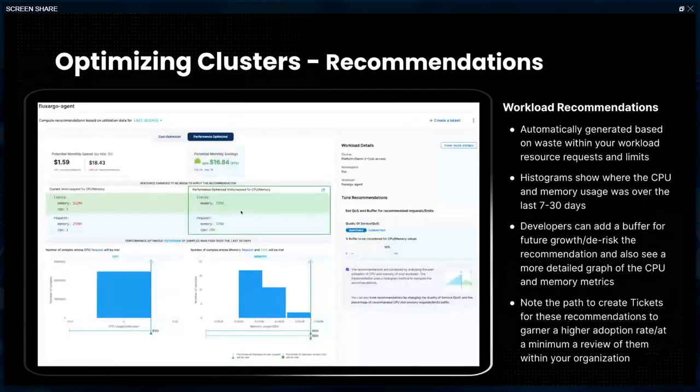Second type of recommendation is a workload recommendation. So that first recommendation we just looked at is like the administrator of the cluster. Here, we're talking about developers, okay? So what we've got here is an example of a workload, Flux. It's a Flux Argo agent for anyone that knows GitOps on the call. On the left-hand side in red,